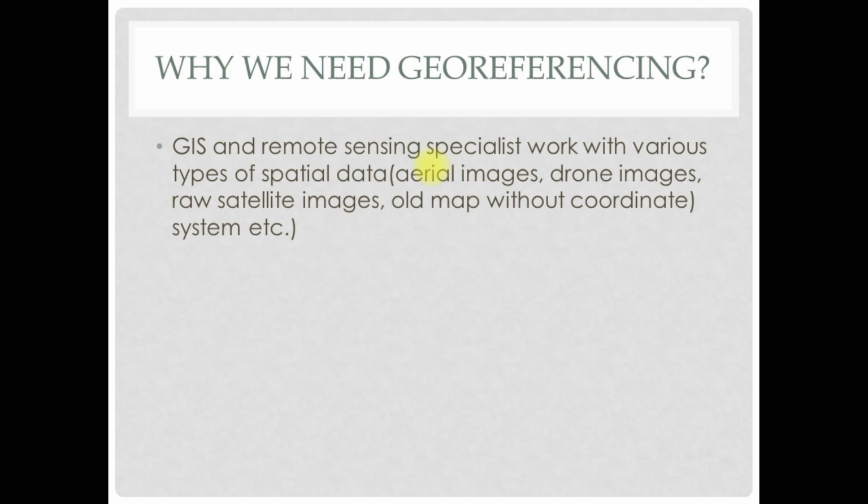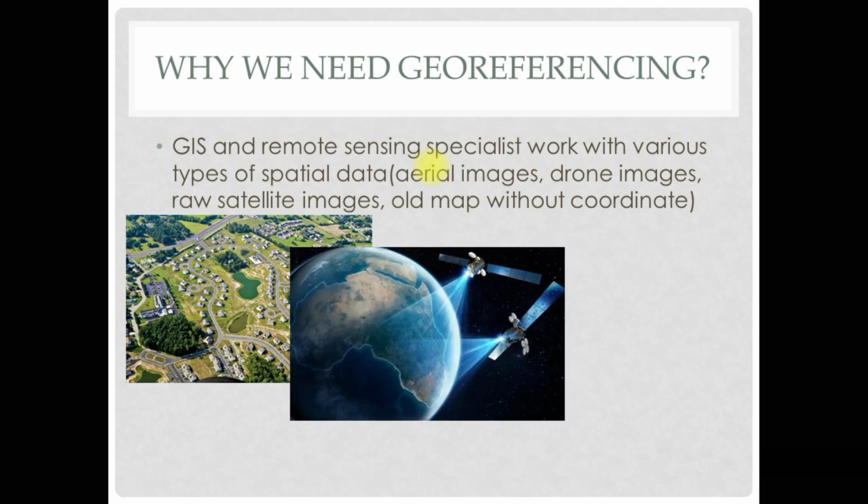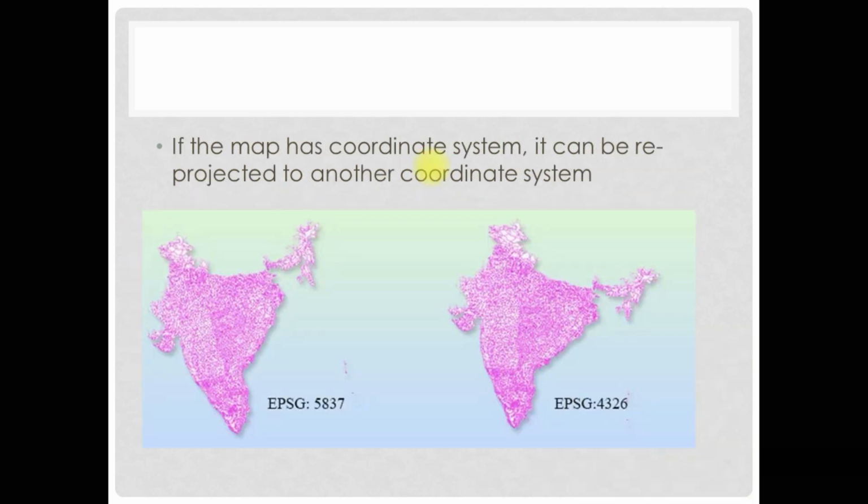GIS and remote sensing specialists work with various types of spatial data. This can be aerial images or drone images, like this oblique aerial image of the terrain, or raw satellite images like Landsat and Sentinel, or old maps without coordinates like this old map of Italy. So if the map has a coordinate system, it can be reprojected to another coordinate system, like